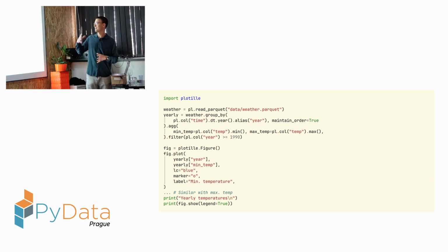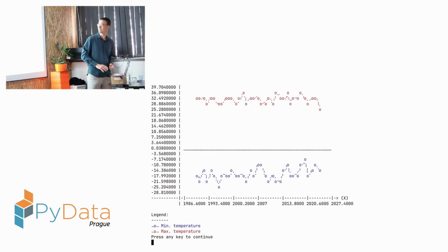So what I have here is the weather data for Prague from some time range, and I want to create a linear plot of the minimum and maximum temperature for each year and draw it in the terminal. And probably not so important to discuss the exact details of the code, because you just create the figure and then plot on it. But that is something that the library allows you to plot, which I quite like. And again, for simply looking at some evolutions, if you want a line plot,